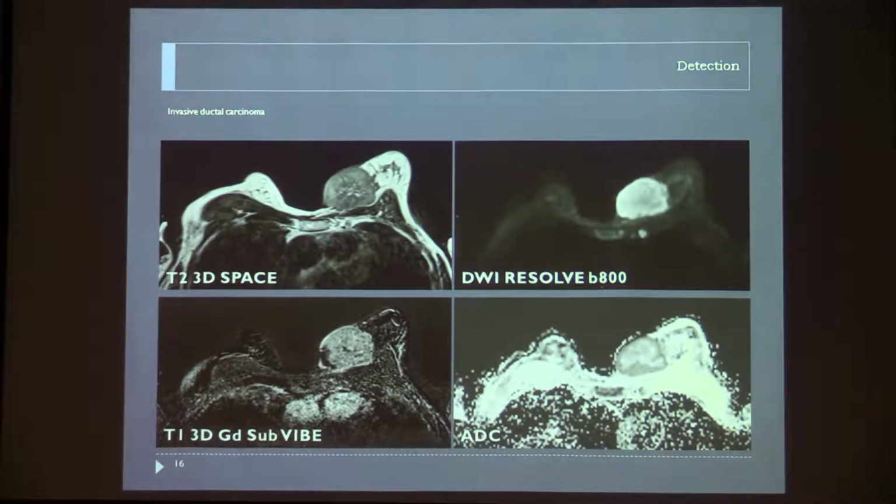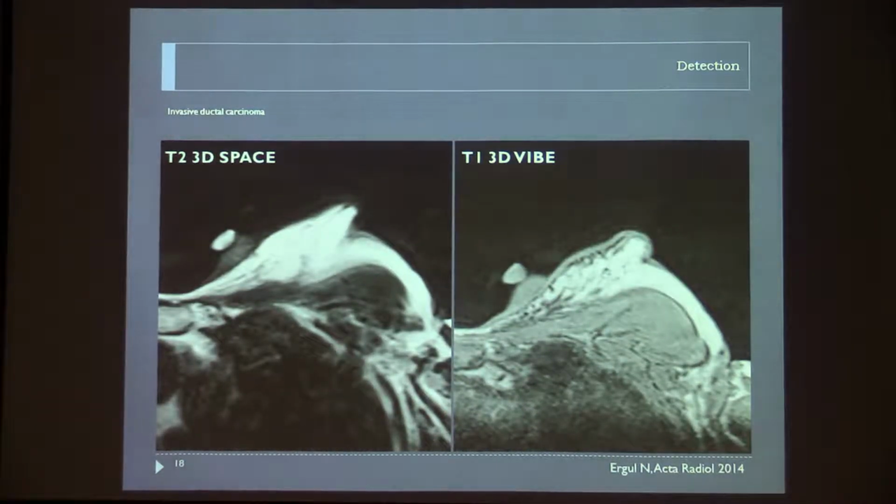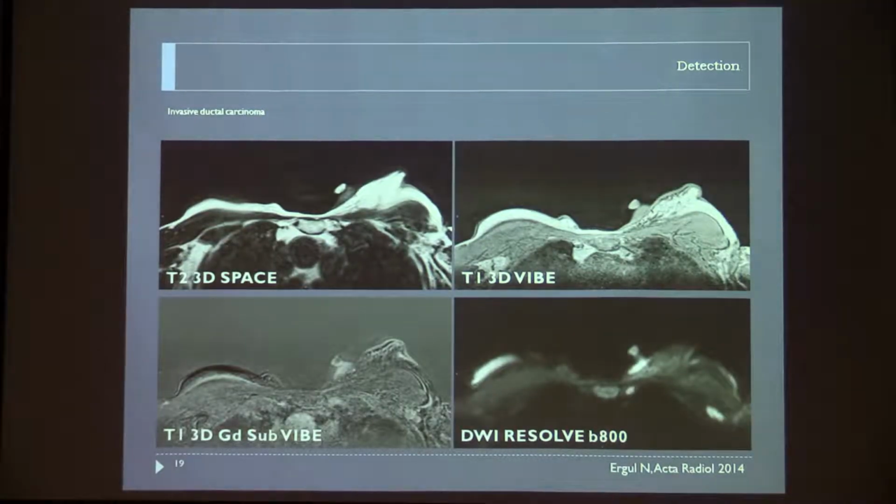It's really rare to have a single lymph node here, only 5%. And in 95%, usually, you have another lymph node in the axillary area. So when you have a lymph node here, you need to find another lymph node in the axillary area. So this is a slice where there is a lymph node. Can you see it? It's quite difficult, actually. So I show you now the diffusion. And you see this is diffusion, and the diffusion shows you that this small stuff here is a lymph node. So diffusion is very useful for the detection.